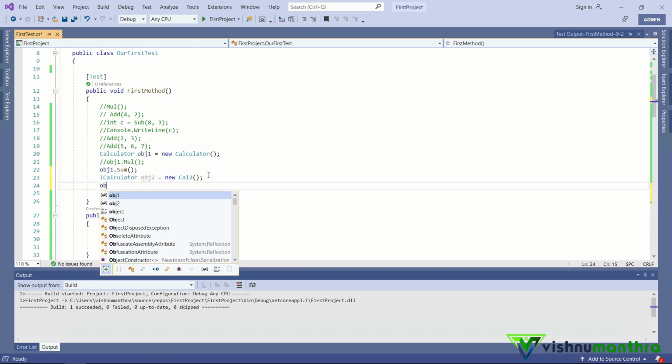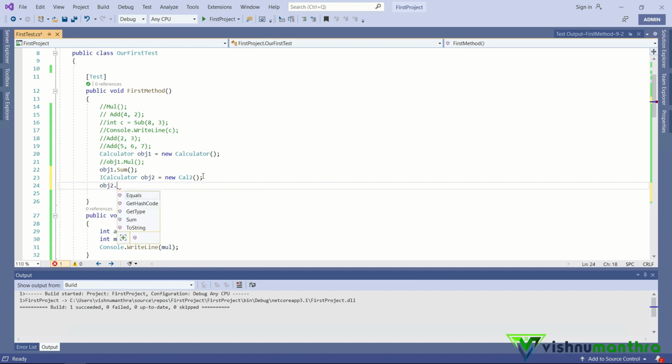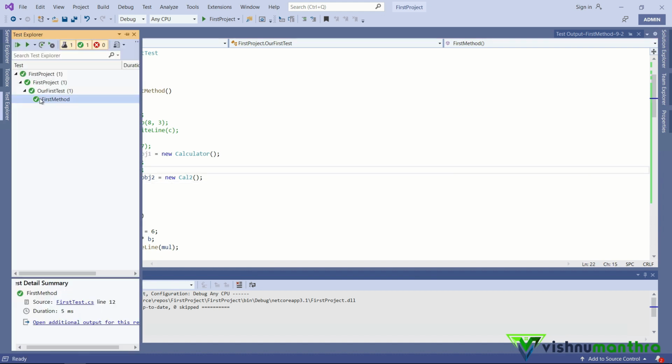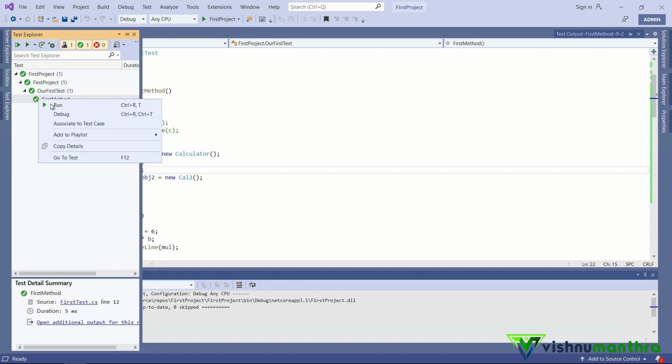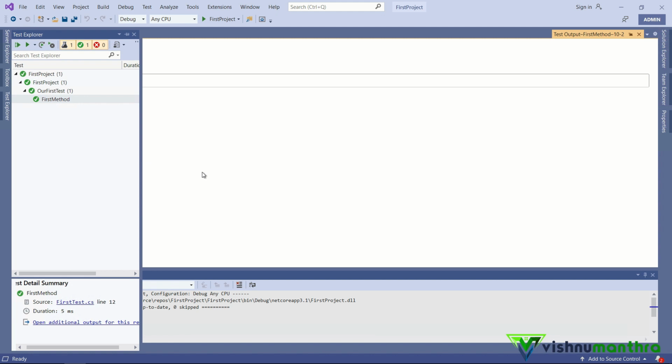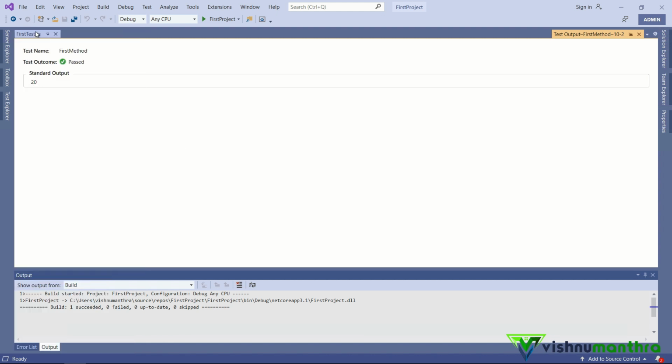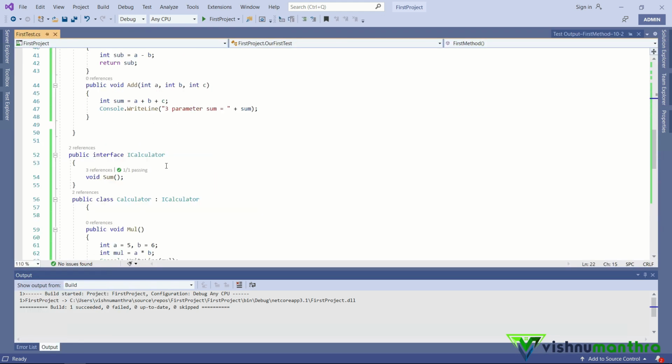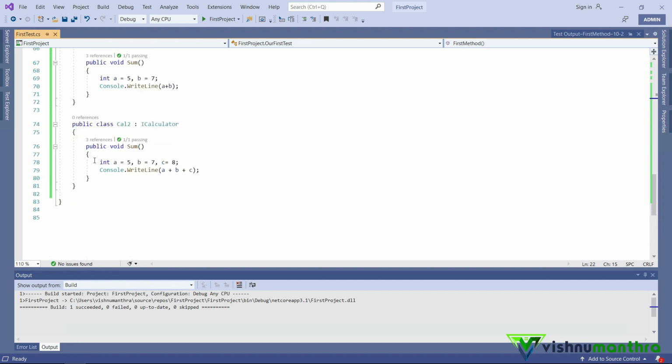And if I call the sum here, what happens? It will print a different sum for me. Saving it, I am going to run this. Okay, if I go to the result, see, 20 got printed, which is the sum from this particular method.